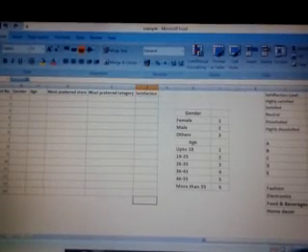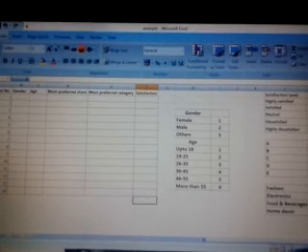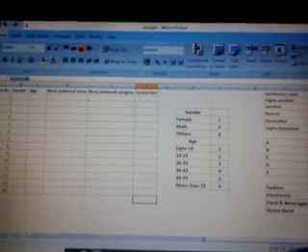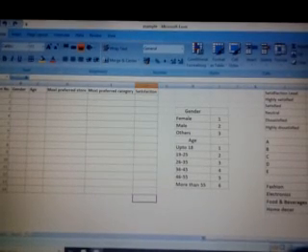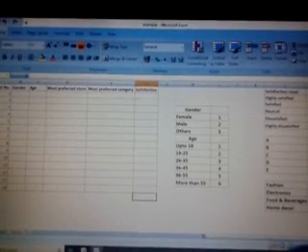Further, we can also see the frequency of two comparative columns. We can see that if it is A, it is 1 in most preferred store, and what is the satisfaction level for that. If it is 2 in most preferred store, what is the satisfaction level. So the corresponding frequency can also be calculated. For all 1s in the column most preferred store, what is the satisfaction level; for all 2s, what is the satisfaction level, and so on. So we can see the corresponding satisfaction level for each store.